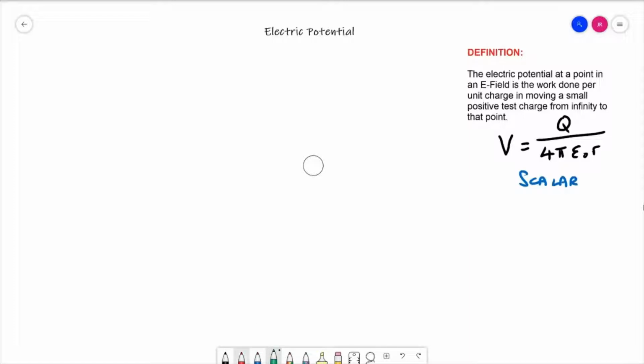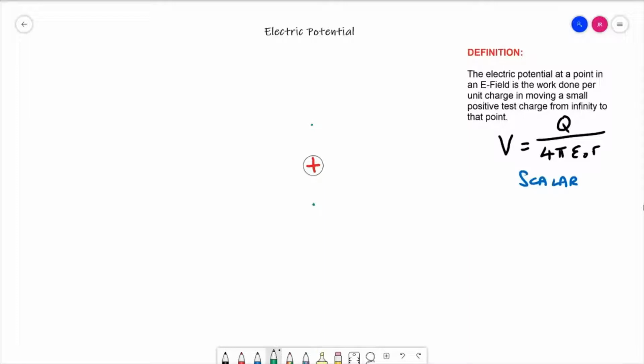Now let's take a charge. It doesn't matter which sign of charge it is. I'll just call it positive charge for now, just to make life easy for us. If I put a point here, just above the way that we've drawn it, the charge, using the equation, we can calculate what the potential at that point will be. We can take a second point correspondingly below the charge and we can calculate again what the potential will be